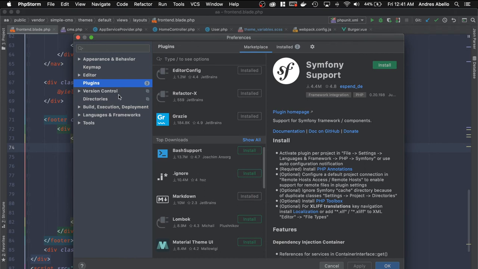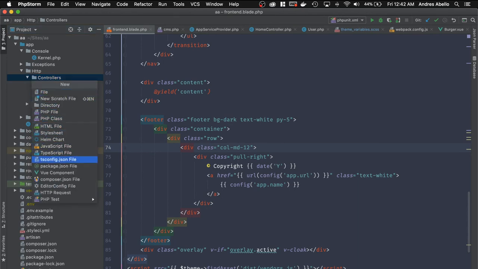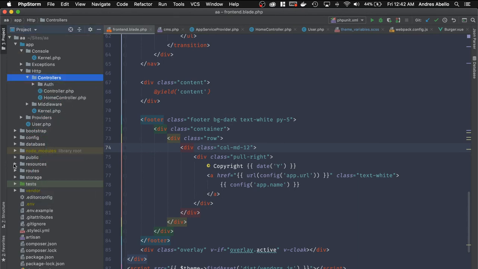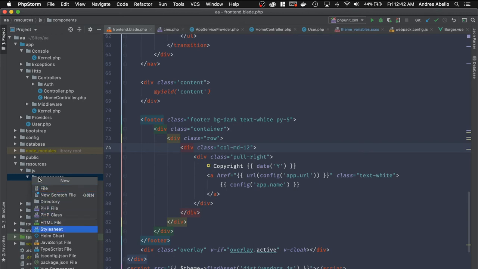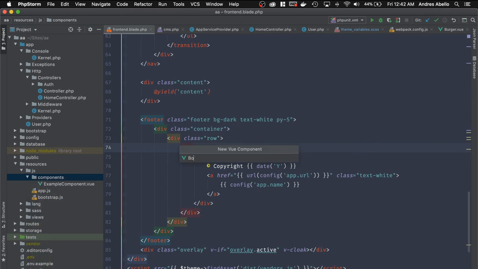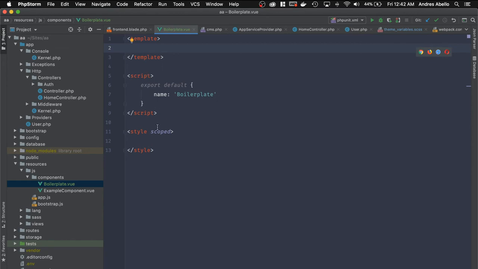I do have things like Docker, Vue, like you just saw, so the Vue plugin allows me to come here and do things like, hey, I want to create a new Vue component. And that Vue component, when I create it, and actually let me create one so you can see it, it's going to have already the boilerplate for me. So if I do here Vue component and I just do boilerplate, you see it gave me already a template, script, style, everything ready for me to just start coding the